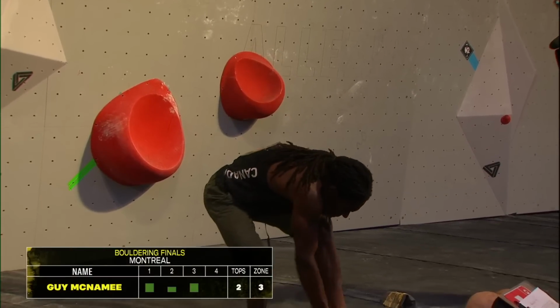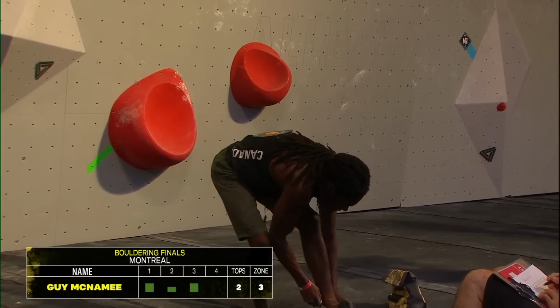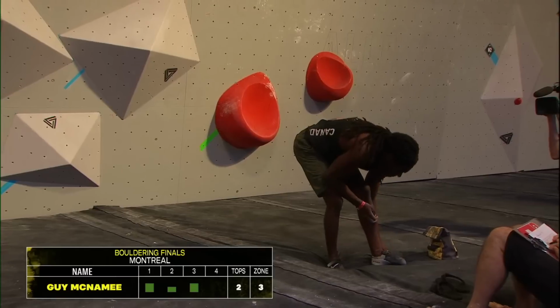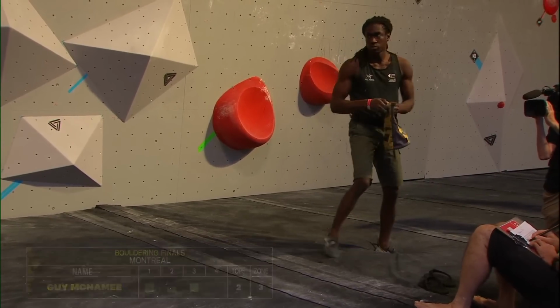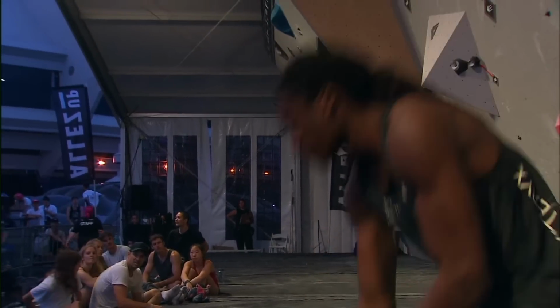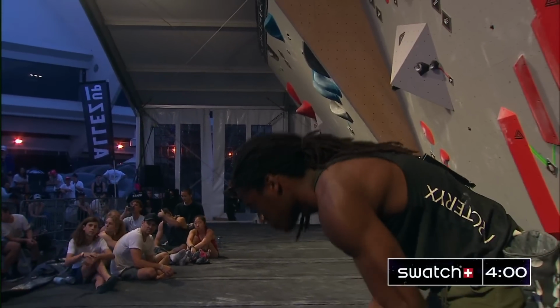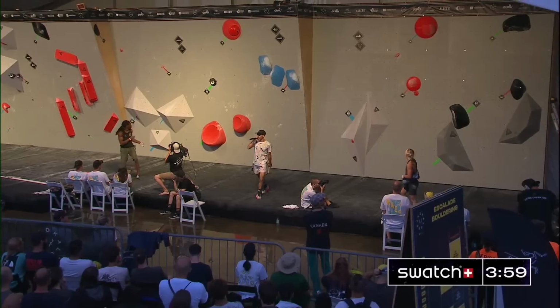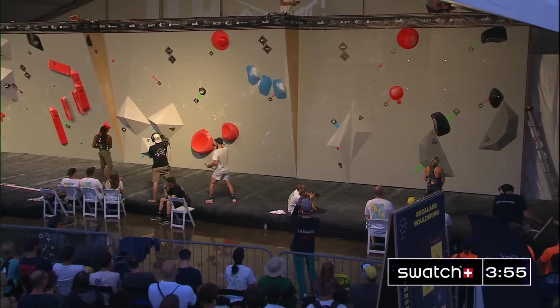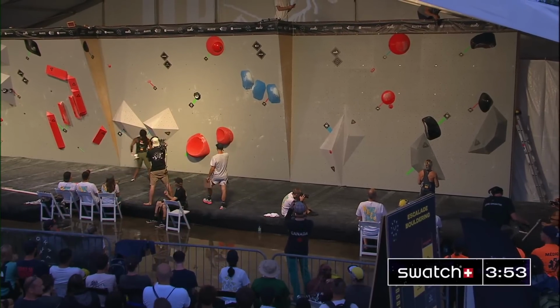So the athletes get to sit and watch. They don't have to go back behind the wall after their last try. Sometimes it's a blessing to watch. Sometimes it's a curse to see your victory slipping away. Even if he had got the zone, he would have forced a lot more effort here. So Guy and Lucas and Charles can all take a swing at the gold medal spot with the top of